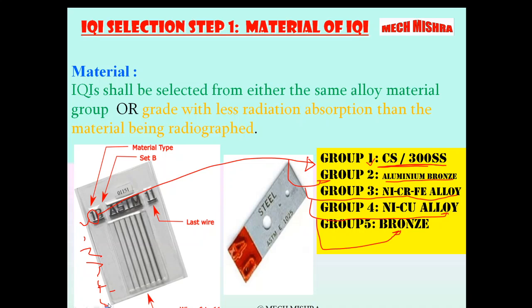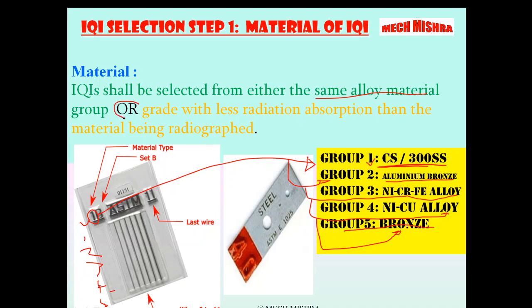So the code has stored that the IQI shall be selected from either the same alloy material group. Means if I am doing radiography of carbon steel, we can select the carbon steel like group 1, or if I am doing for SS, I can select the SS group 1 only. And if I am doing radiography of bronze, then I can select the group 5, same material IQI,